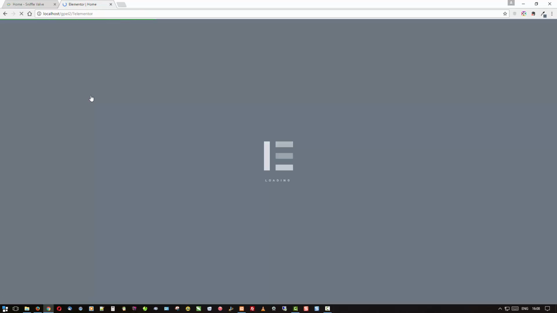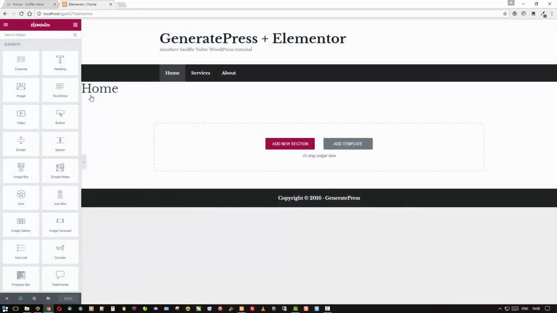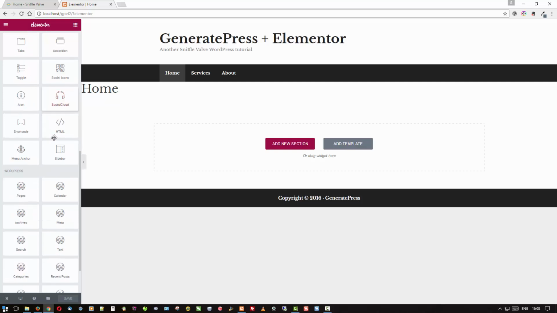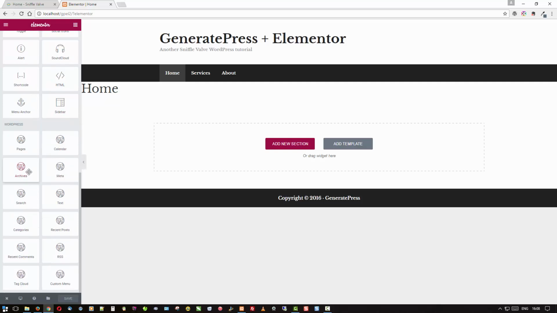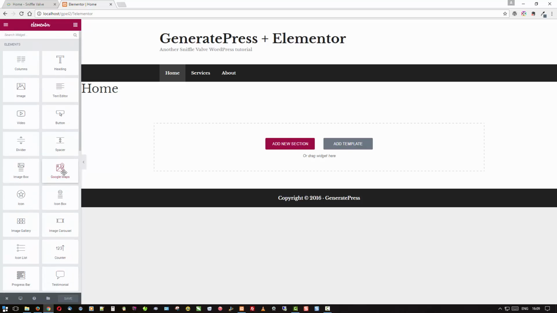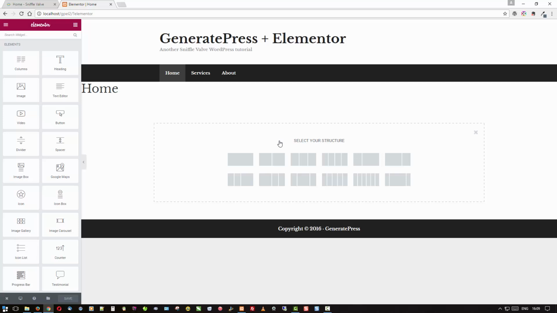And here we have the Elementor panel and all the widgets available up till here, and then below that are any of your WordPress widgets that you have or will install. So we're going to go and just add a new section by clicking that. We won't get into the templates yet. I'm just going to do a 2-column,